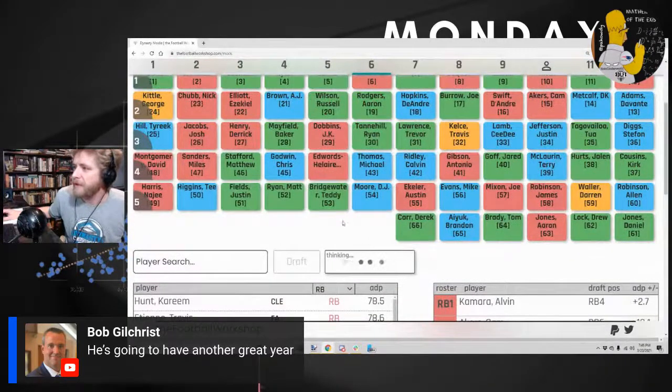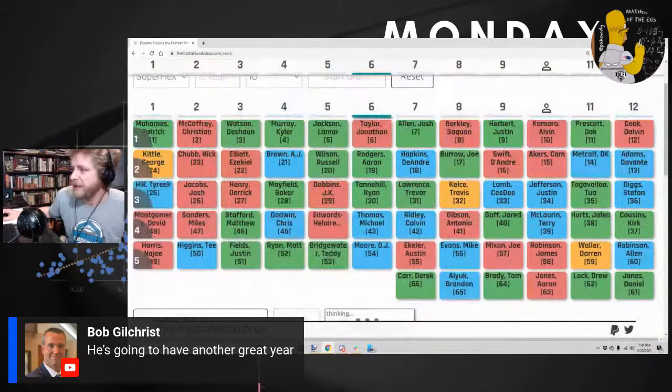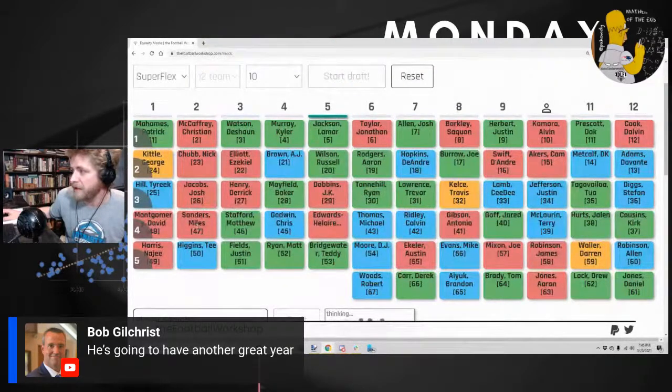Remember, in a startup, these first 5 picks are the most valuable assets we have. That tends to be the way I think of it. This is the most valuable asset you'll ever have in a dynasty team. Those first 5 picks are more valuable than rookie picks, which is why I do not understand taking rookies in the first 5. I mean, if it hits, it hits. It's great. If not, you're just throwing away something you literally never get back, and there'll never be anything as valuable, except for maybe a Patrick Mahomes or Christian McCaffrey at that height. And I don't see any of these rookies doing that.